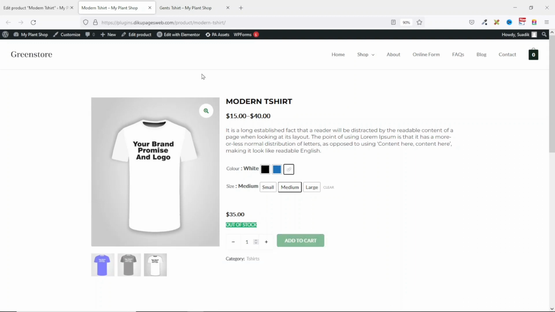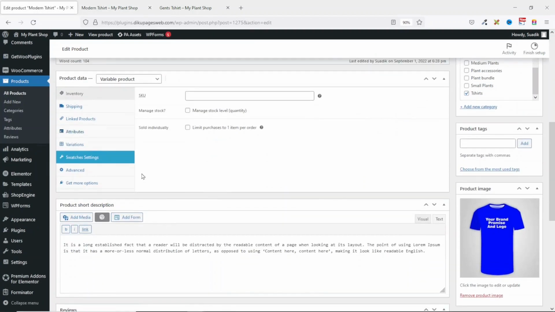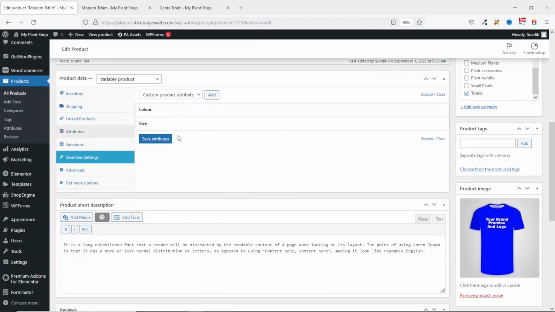Awesome. Now let's take our product down further. At the moment, you have these three colors, that is black, blue, and white for this particular product. Let's assume you have new stock and you have the yellow color as part of the modern t-shirt. Let's see how we can add the yellow color as part of our colors. To do that, we go back to the product, scrolling down, we click on attributes, we go ahead and expand